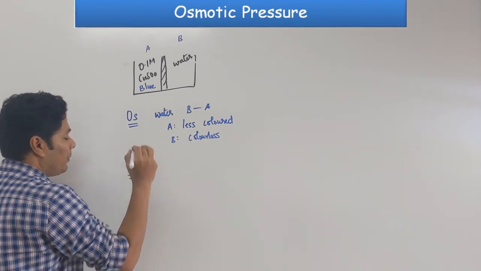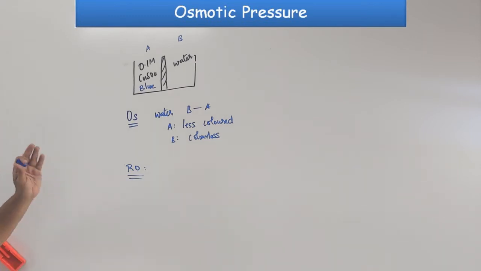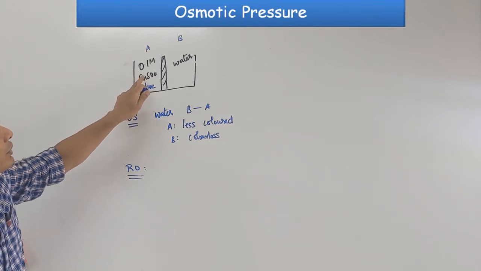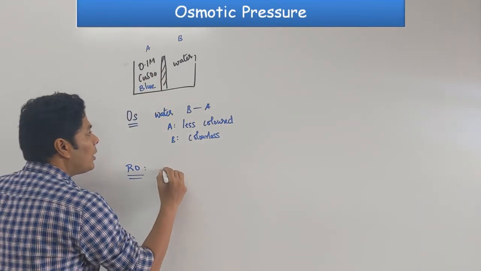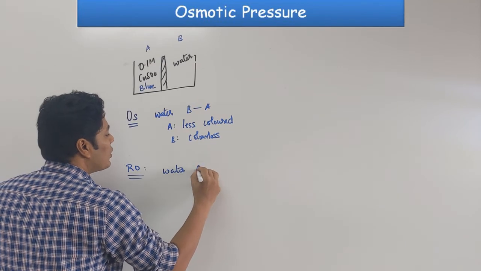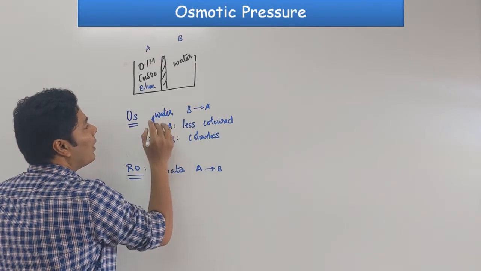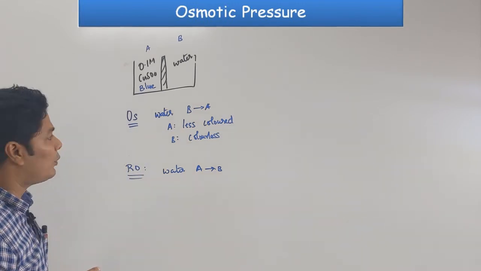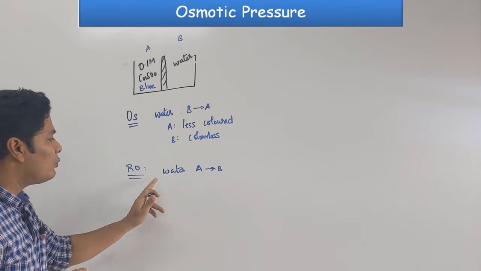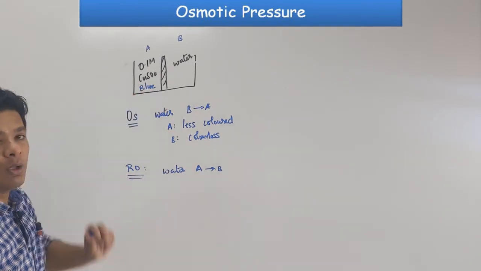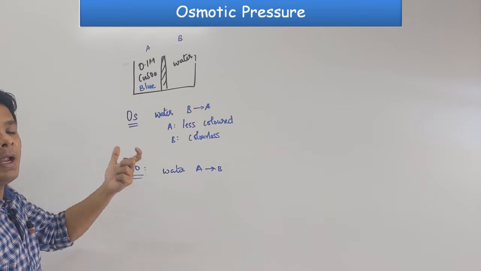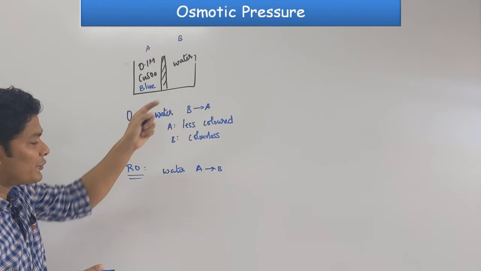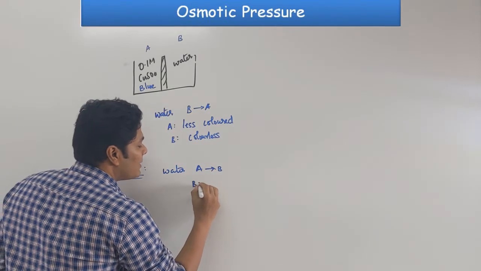This is actually very, very important. RO meaning I am putting pressure, so I want the solvent molecules to move from A to B. So water moves from A to B right now. Always the opposite of osmosis. Whatever happens in osmosis, the opposite happens, but nevertheless both of them are solvent. Water moves from B to A, water moves from A to B. If water moves from A to B, what happens to the color of B? It will still remain colorless because water is the only one moving. Water doesn't have color, so B is colorless.